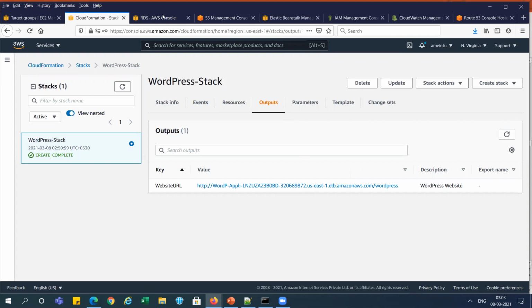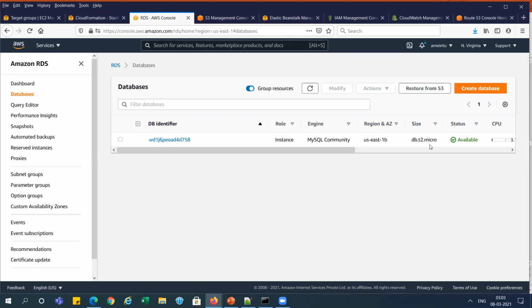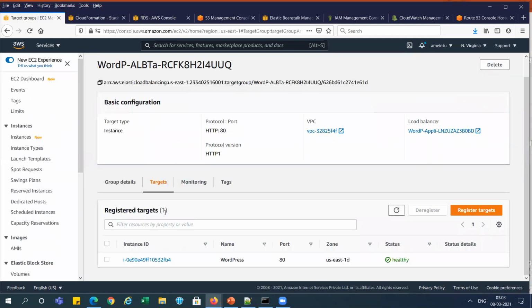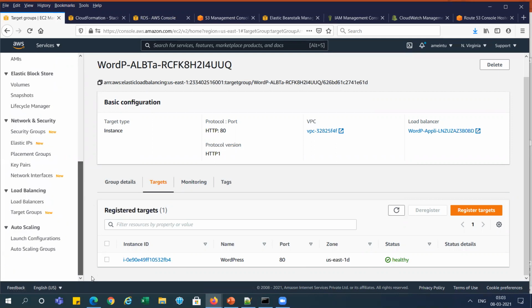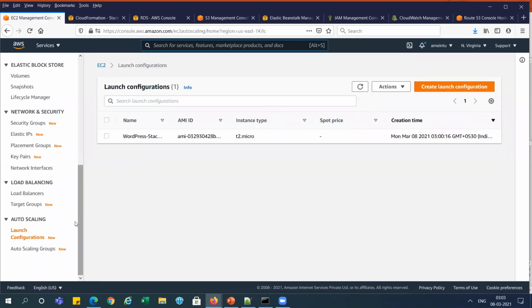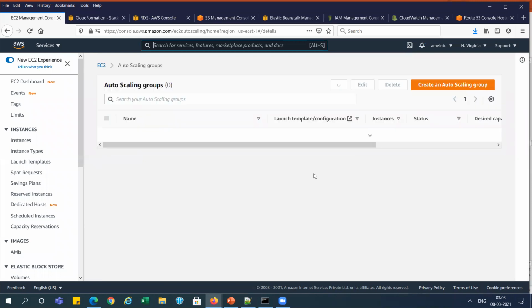So let me show you, this is the RDS instance which is available, right? And you can see in the target group, one server is in a healthy condition, right? And you can see this launch configuration is created, right? And the auto scaling group is created over here, and instance one, so only one instance is created, right?